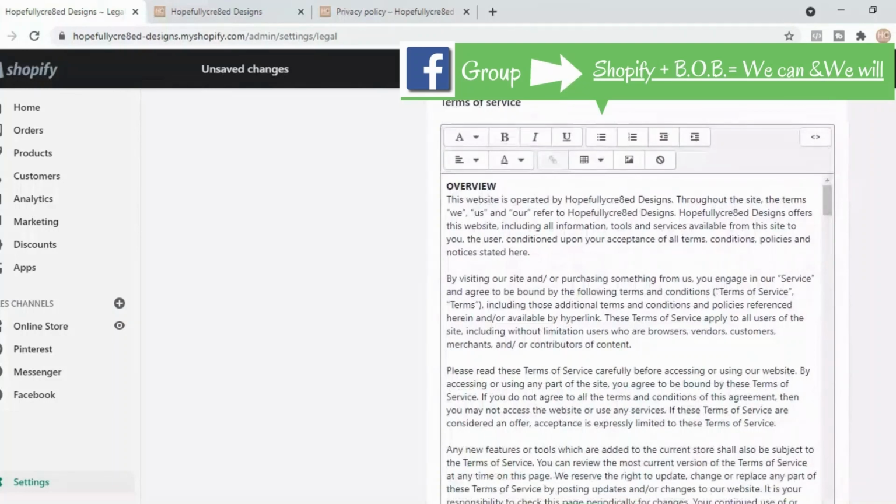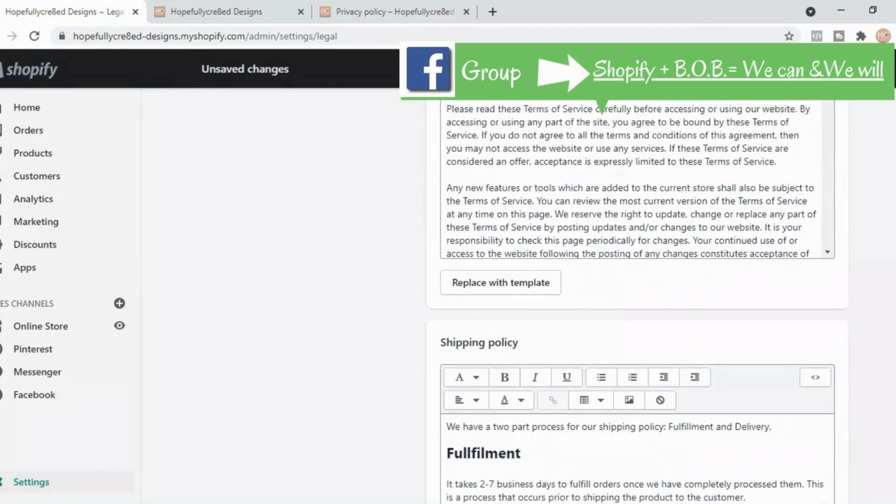You need to go ahead and read through all the different elements of each legal page, which are refund policy, terms of service, and the other ones I'll break down for you later on in the video. Go ahead and read through them so you have a great understanding of what your legal pages are. So in case customers do have questions, because they will, however they contact you, may it be email, DMs, or whatever, make sure you have a good understanding,